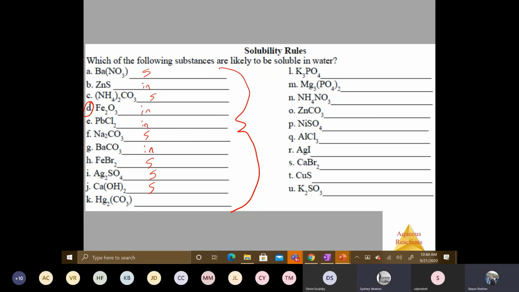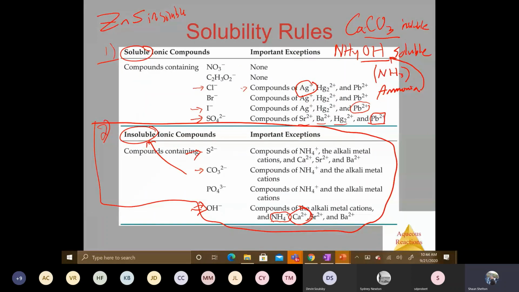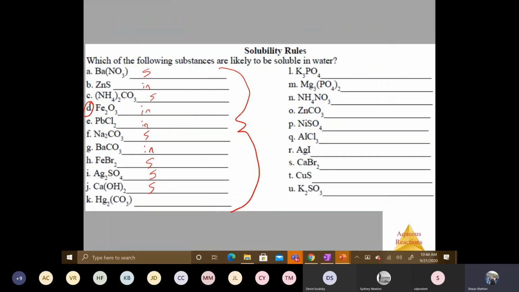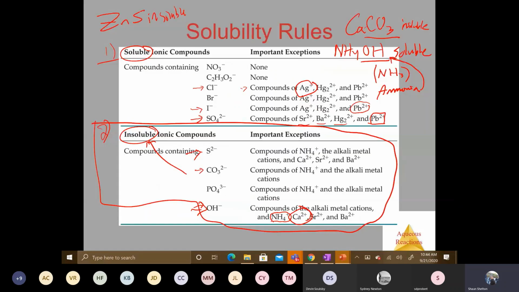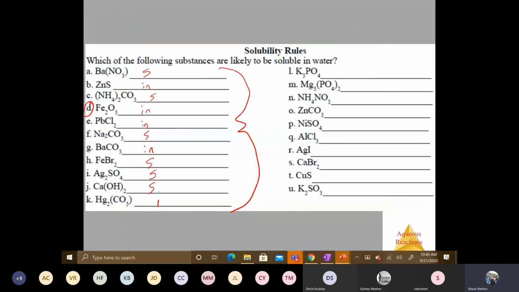Now letter K. Oh, sorry. I know what it says on the things I should know handout. Yeah, tell me what you're going to say. I was going to say, would this be one of those sparingly soluble type situations? Exactly right. That's exactly what I would hope you to see, because that's what you did in lab. All right, so what was it? Carbonate. Carbonate is found in the insoluble category, and is Hg one of the exceptions? No. So this next one is insoluble.